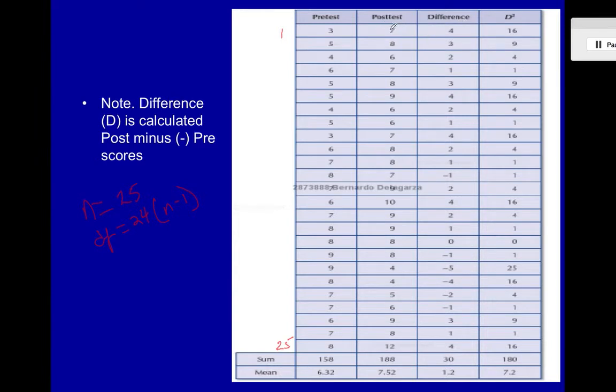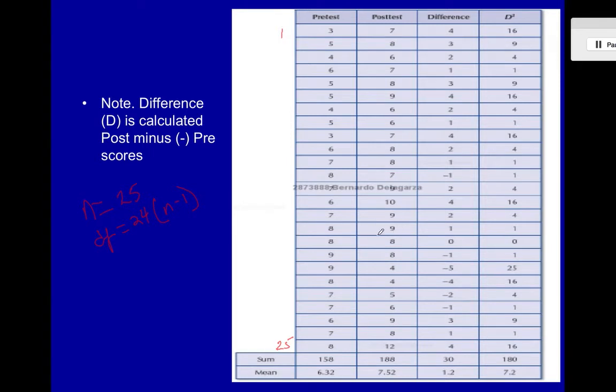So here the difference between a 7 and a 3 is a 4, 8 and 5 is 3, 6 and 4 is 2, 7 and 6 is 1, 8 and 5 is 3, 9 and 5 is 4, 6 and 4 is 2, 6 and 5 is 1, 7 and 3 is 4, 8 and 6 is 2, 8 and 7 is 1, 7 and 8 is -1, 9 and 7 is 2, 10 and 6 is 4, 9 and